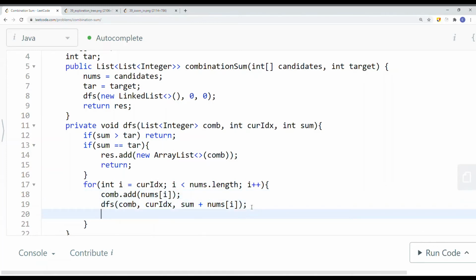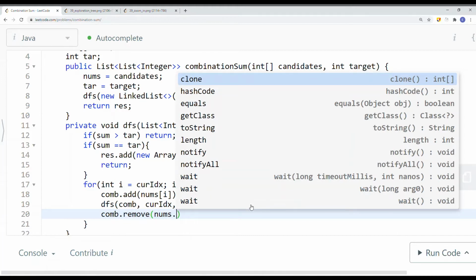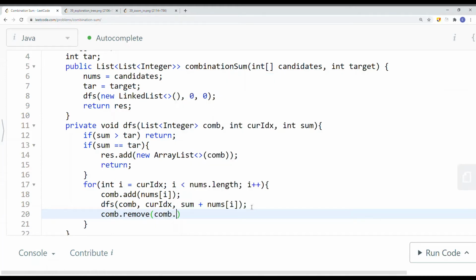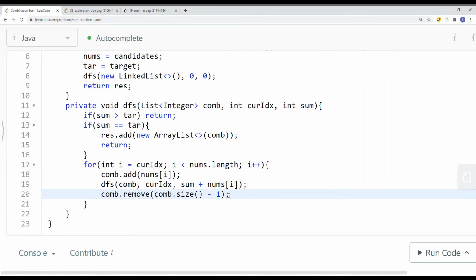And once we've done that, we're just going to undo our changes by saying remove combination.length, sorry, combination.size minus 1. We're removing the last element that we added onto the list. And then we're just going to continuously do that until we get the job done, but we have to change